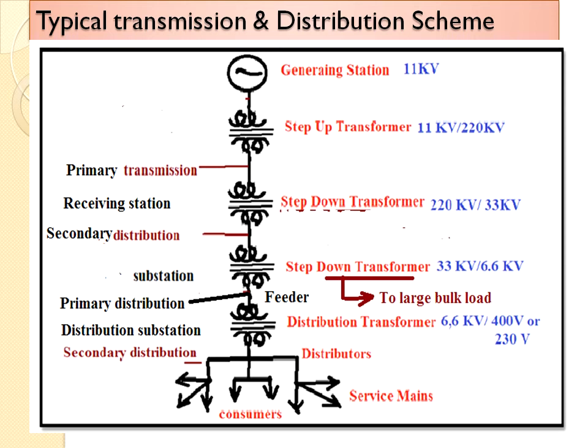After this, the power is distributed to the substation, which again has a step down transformer. From this substation we can distribute the power. From the substation to the distribution substation, the power is distributed by using feeders. It is known as primary distribution. This is again a three phase, three wire AC system. From the distribution substations, the power is reduced again by distribution transformers, 6.6 kV to 400 volts or 230 volts. This is known as secondary distribution.